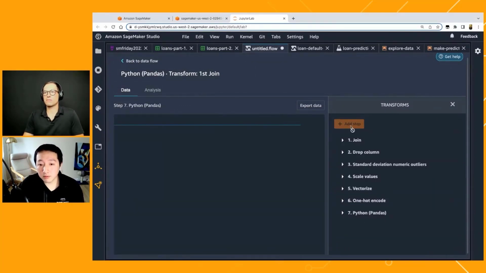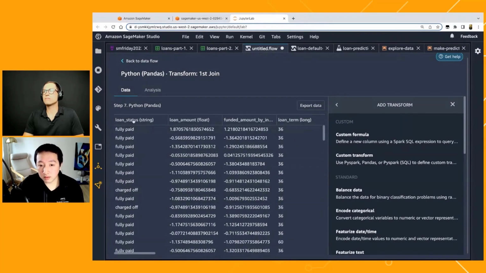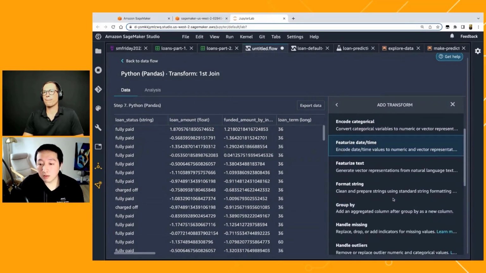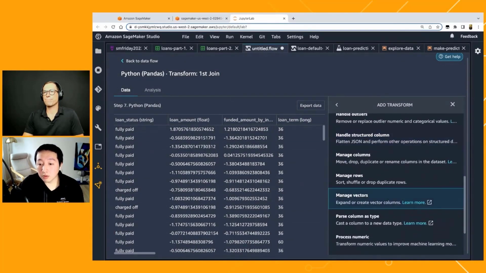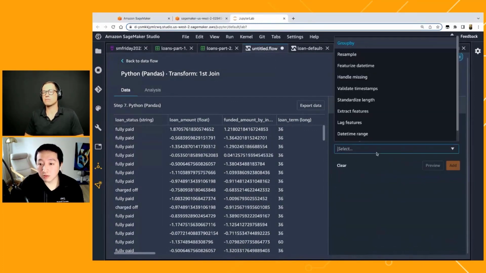In terms of time series, to address the other side of the question, assuming that this data set is not a time series data set, but if it were, in Data Wrangler we also have a couple of transformations that allow us to transform the time series data.